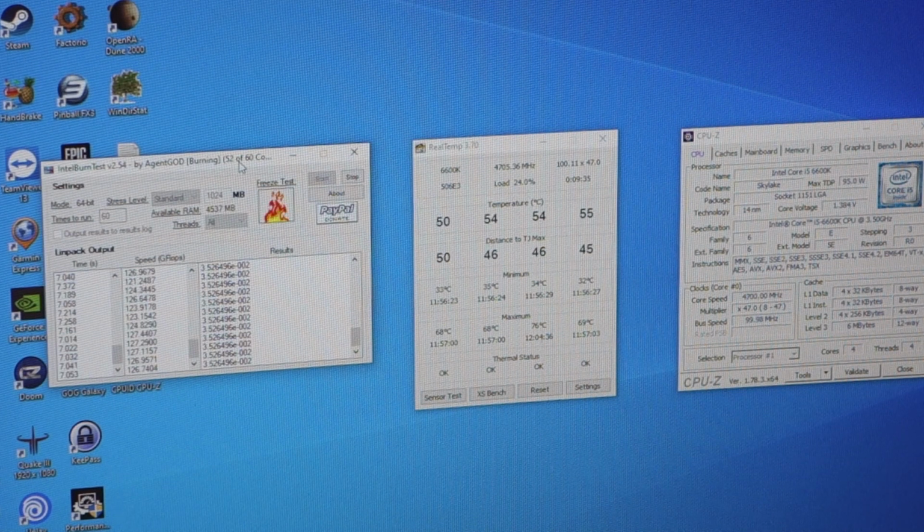It just doesn't really seem worth it, to be honest. I mean, the extra 100 megahertz from 4.6 to 4.7 equates to literally 2% performance increase, and you're not going to notice that in anything. For all that extra temperature, it just doesn't seem worth it. Now, I'm going to keep going anyway, just for the interest of science, but yeah, definitely